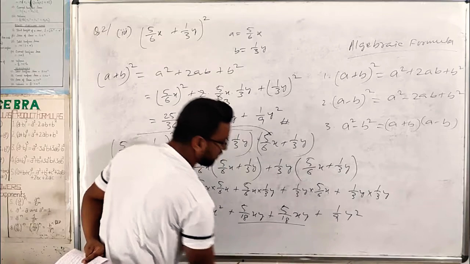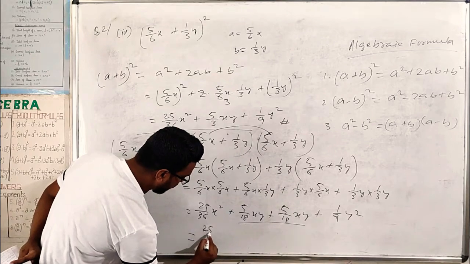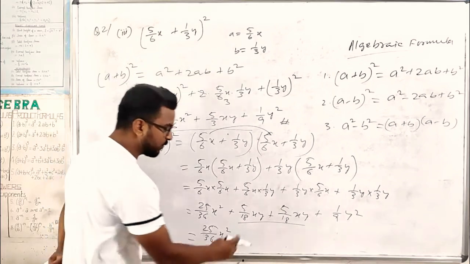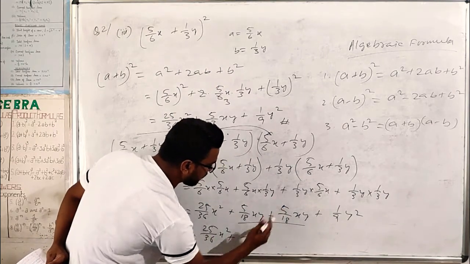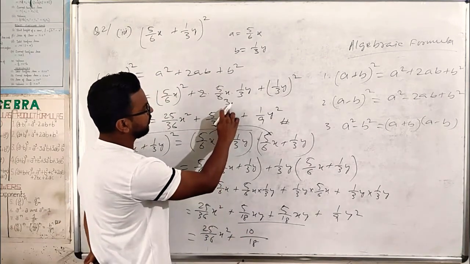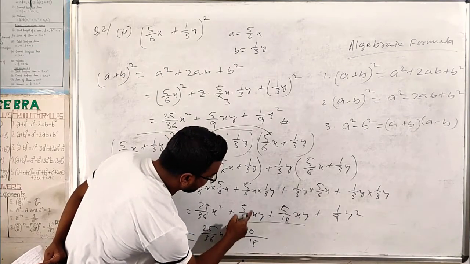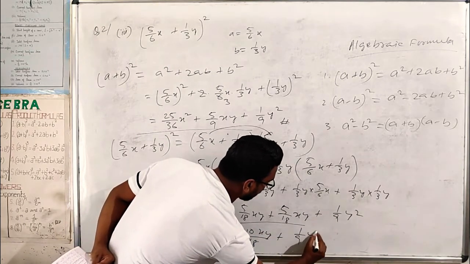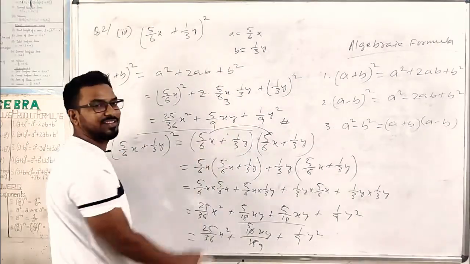Okay, still these are the like terms, so we can add them. So if you add them, it will become 25 by 36x square. The denominators are same, right? We have to take LCM, so LCM will be 18 only, so both are plus, so we'll put plus here. It is 18. 5 plus 5, it will become how much? 10. Sorry, I made a mistake here. It will be 3 3s are 9. Okay, this will be 9. So 5 plus 5 is 10xy plus this will be 1 by 9 y square. So if you cancel this one, it will be 5 and this will be 9. 5 by 9 xy, similar to this. Fine.